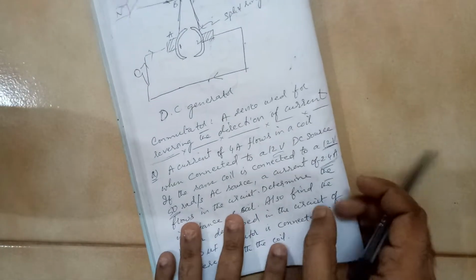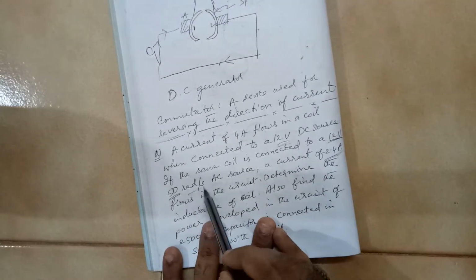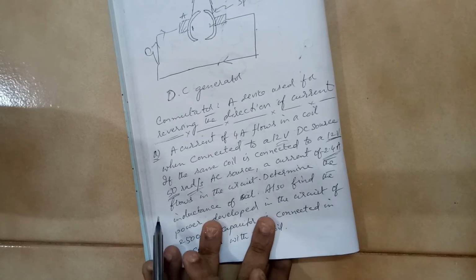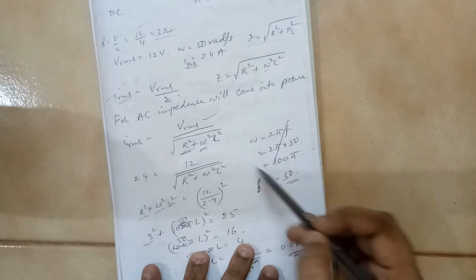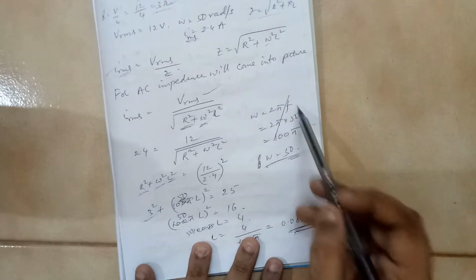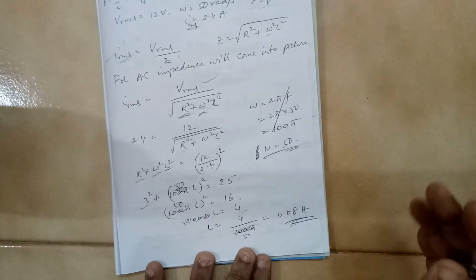One mistake I made here is that initially I took this 50 as the frequency value. So be very careful. Always check the units: radians per second. Theta by T is provided. What is theta by T? Omega only, no? So you have to be a little careful. Even I made a mistake here. So the omega value is directly provided, not the frequency value. From here you can calculate the value of L.